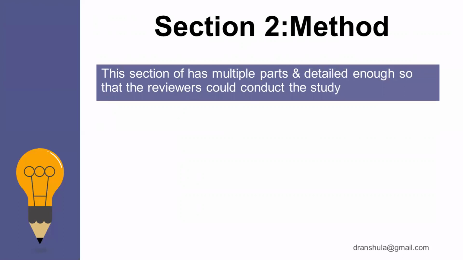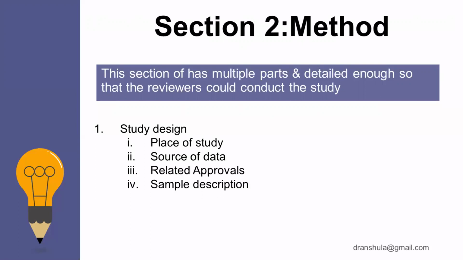Now let's go to section 2, which is methods. This section has multiple parts and should be detailed enough so that the reviewers could conduct the study. The basic thing to keep in mind is your methodology should be so crystal clear that if anyone else wants to perform that study, they should be able to do that. So the first part would be study design, which should consist of place of study, source of data, related approvals, and